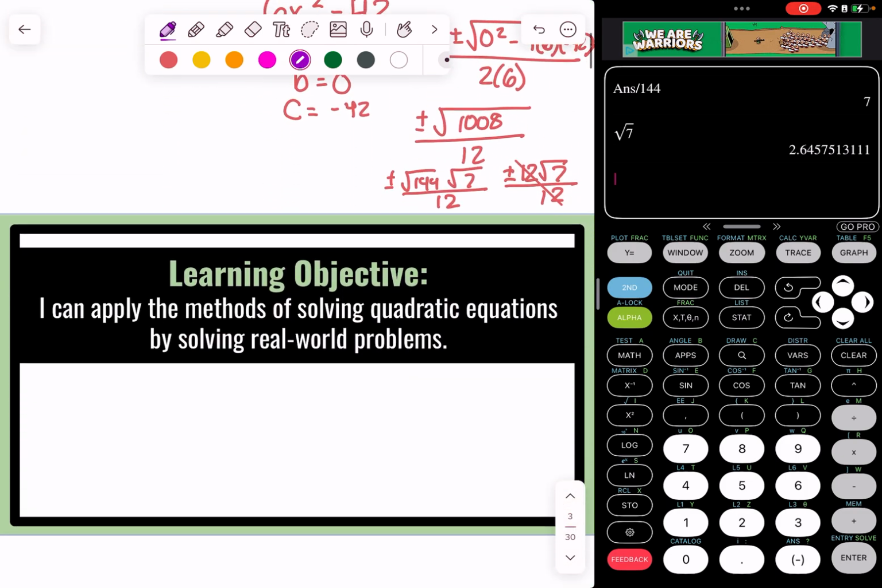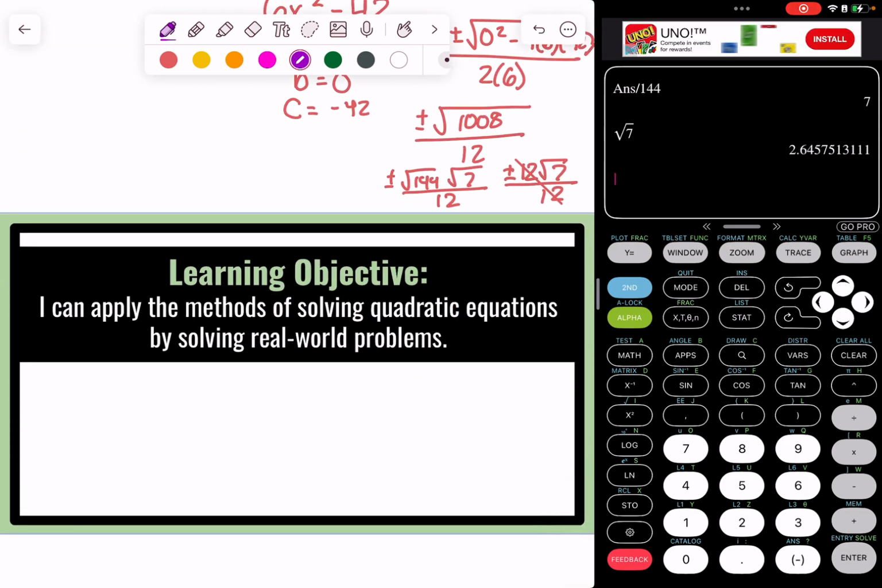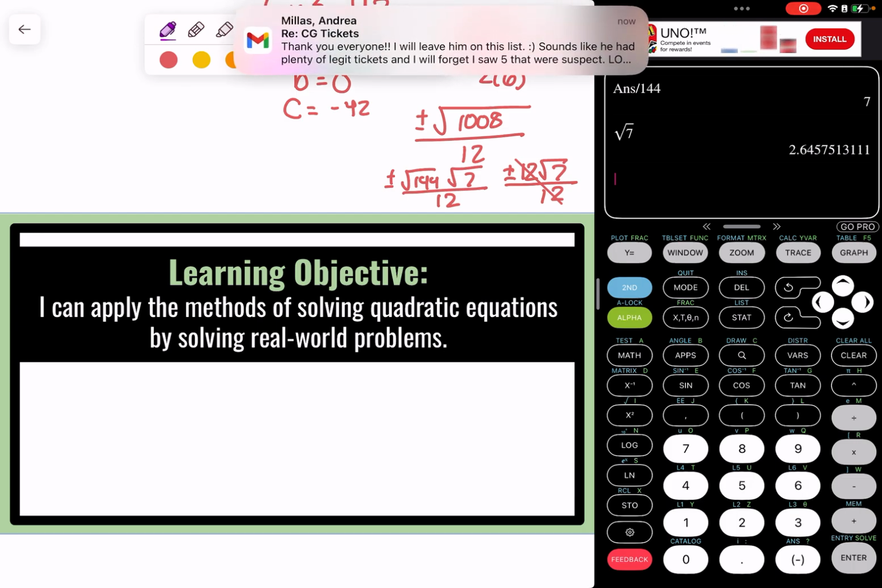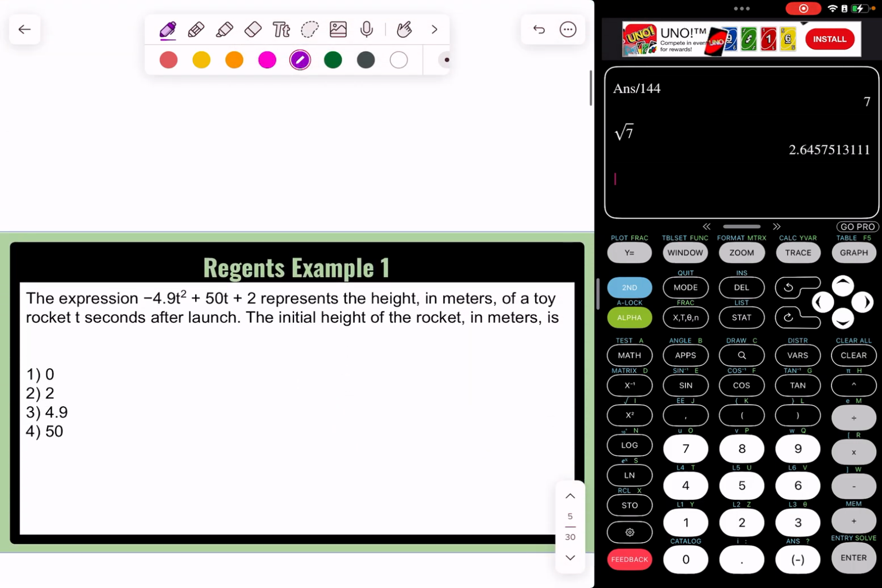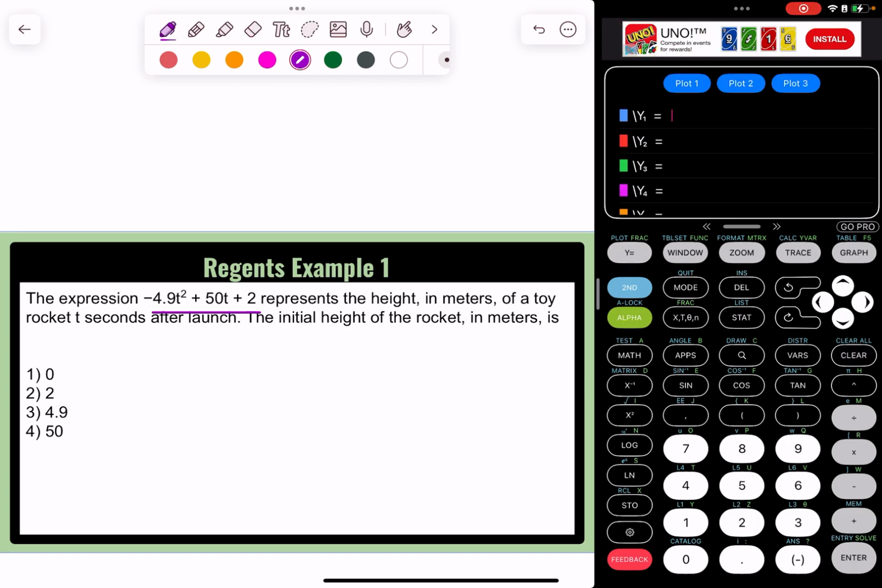All right, so what are we going to do today? Today we are going to learn how to apply the methods of solving quadratic equations by solving real-world problems. Let's look into it. Regents question. The expression represents the height in meters of a toy rocket t seconds after launch. Let's type this in: negative 4.9, I'm just going to put x squared, plus 50x,